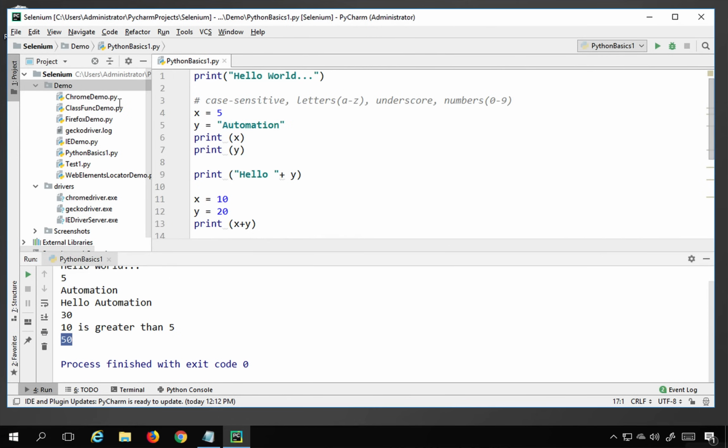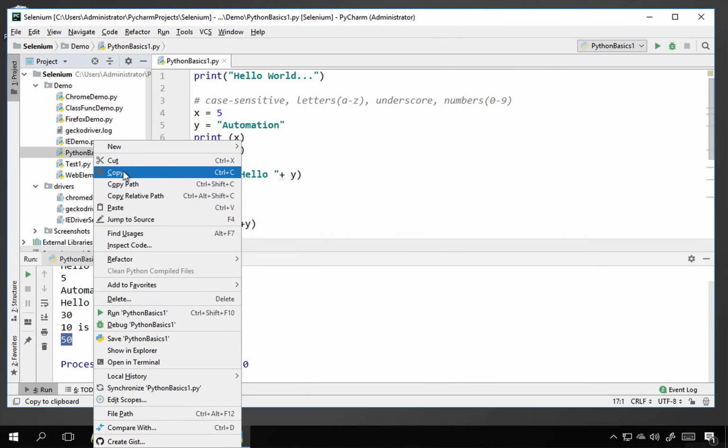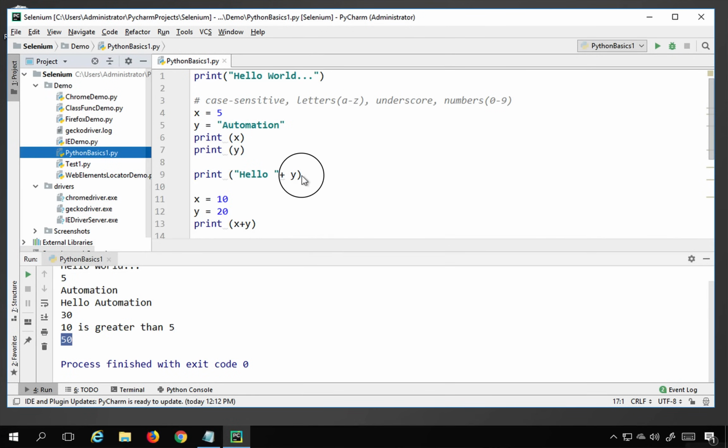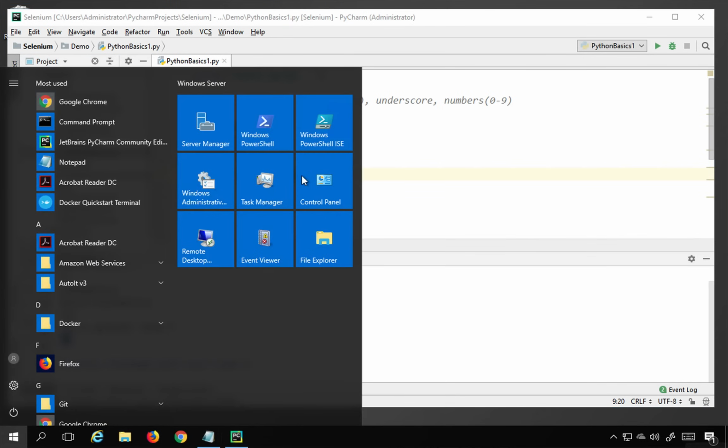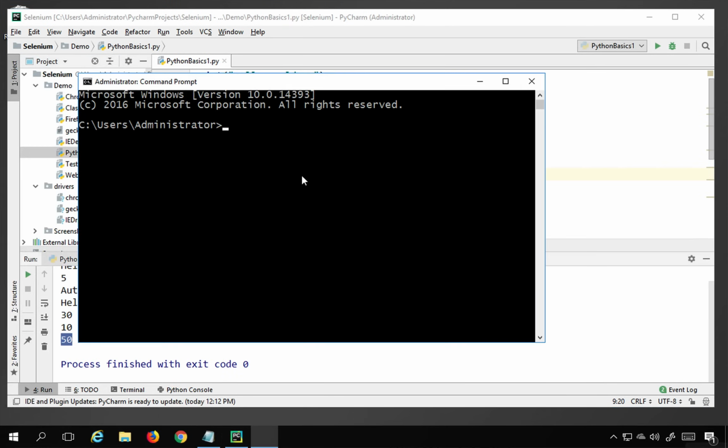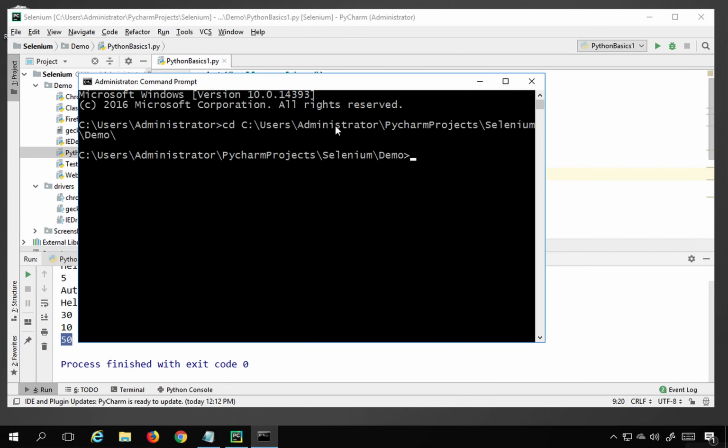So you can save this Python file, and I will copy the location of this file. So I will say copy path and go to my command line. If you are on Mac, you can go to your terminal, and the very first thing I will do is change the location to the folder containing this Python file. So I will go to this location, and here now I can say